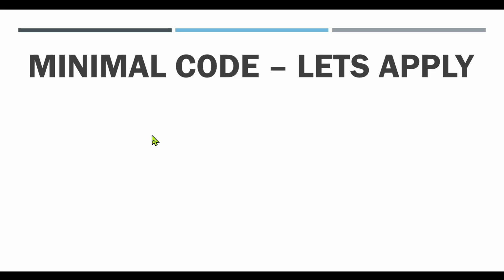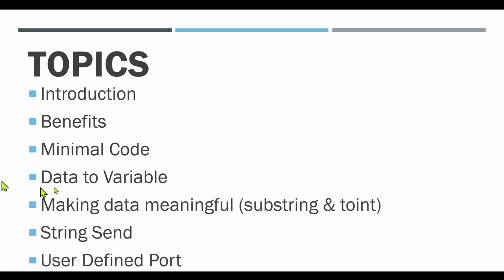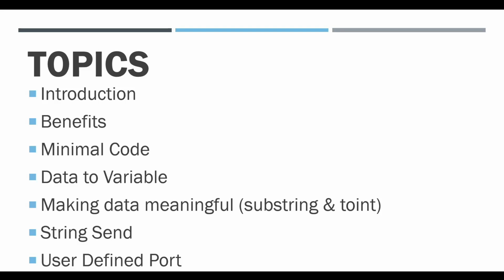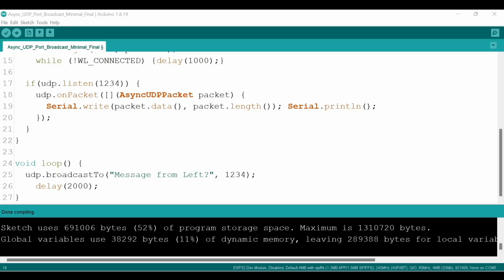Let's move to our next slide, and we are done with minimal code. Our next step is to use the data received from UDP. We need to store it into a variable so that we can use it later. So let's try to use it. Let's try to save data